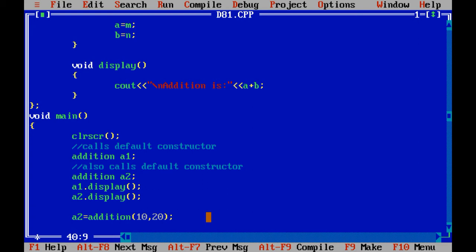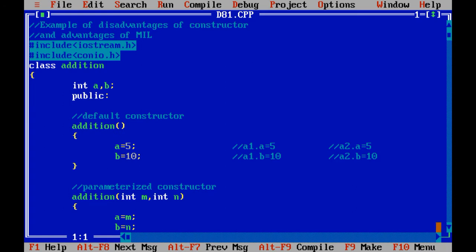So using the name of object, then equals to operator, then name of class, and you are going to pass the value into the parameter list, right? So this way also it is possible. Now a2.display. Now let us execute the code.